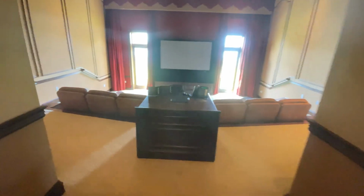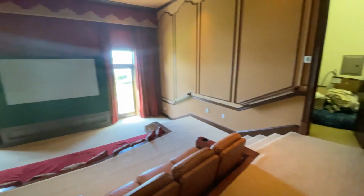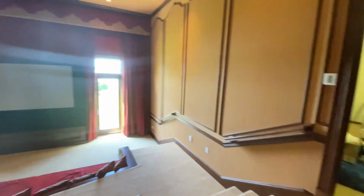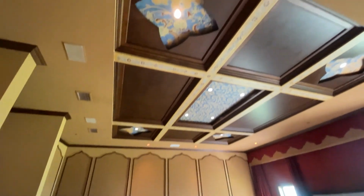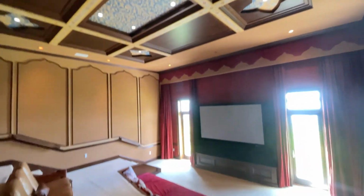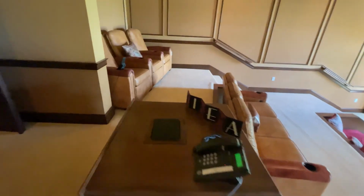Beautiful. And then here we have a full-fledged theater. So this sits about 20 people in here. So, wow, home theater. Speaking of grandiose, this is absolutely fabulous. And I love this tray ceiling because I actually broke it up a little bit and did some unique designs in there. Very cool. But let's go ahead and head back over to the family room and kitchen area and